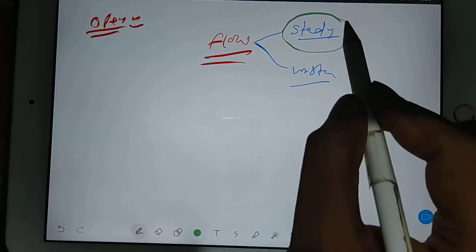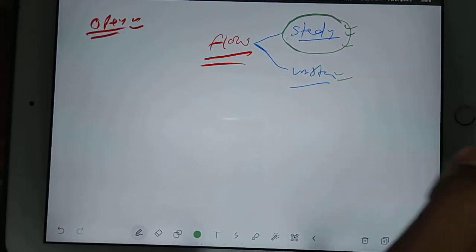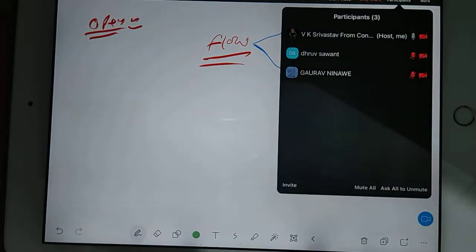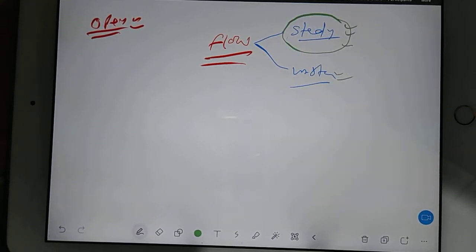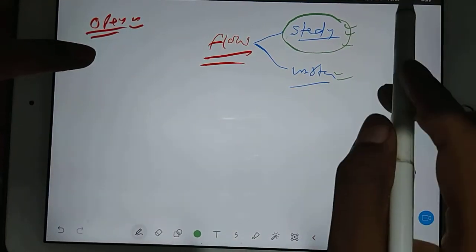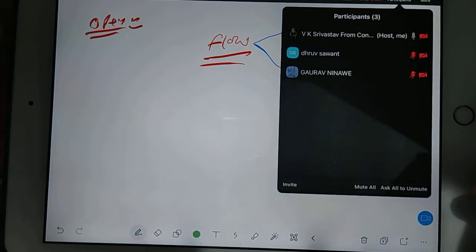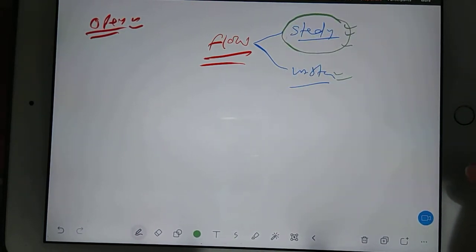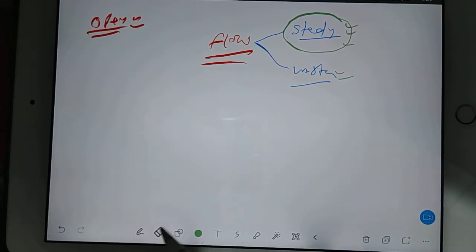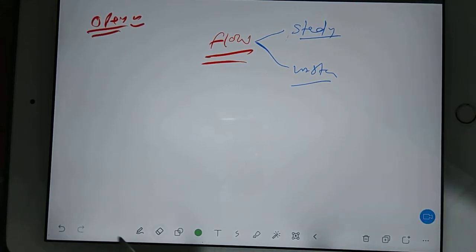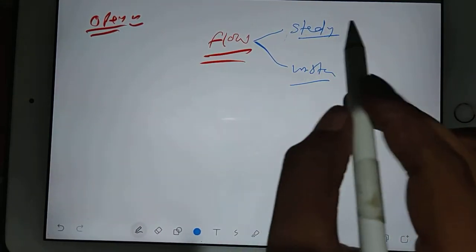Can you recall, guys, what is the difference between steady and unsteady flow? If you can recall anything. Yeah. I am looking for the difference between steady and unsteady flow. It is actually about memory. You guys are not having very good memory. No problem. After practice, you can achieve the memory. See, guys, steady flow